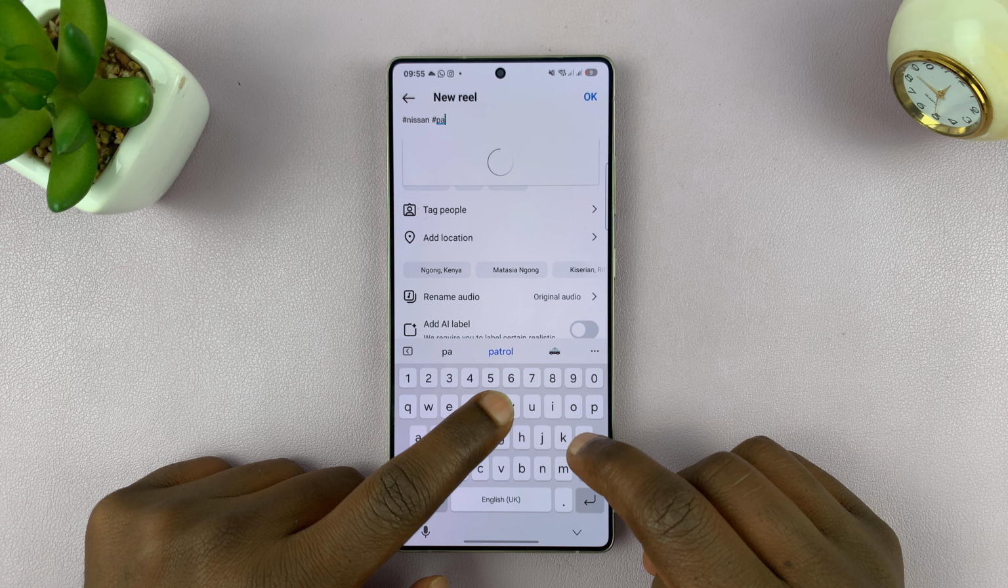So for instance, as you're typing, you will see suggestions. For instance, you can see this one has 31 million public posts. So you can select that and then that's going to create a space for you. And you can now put another hash there and then